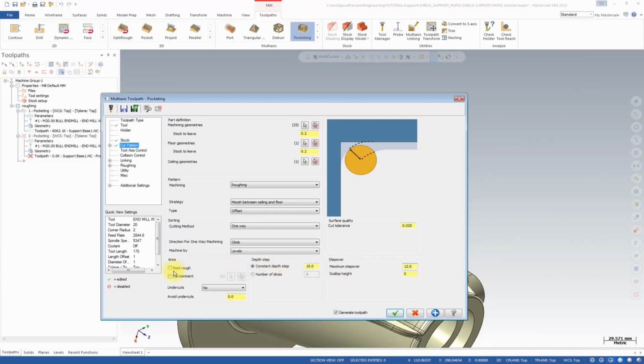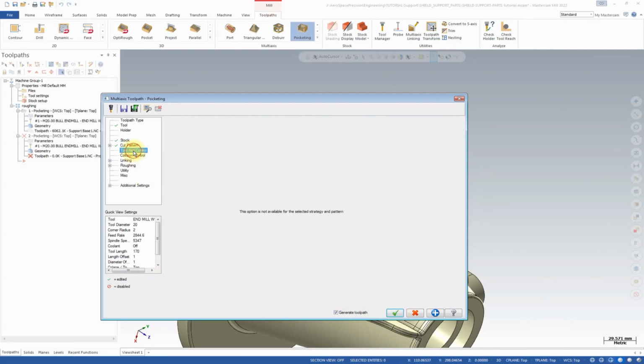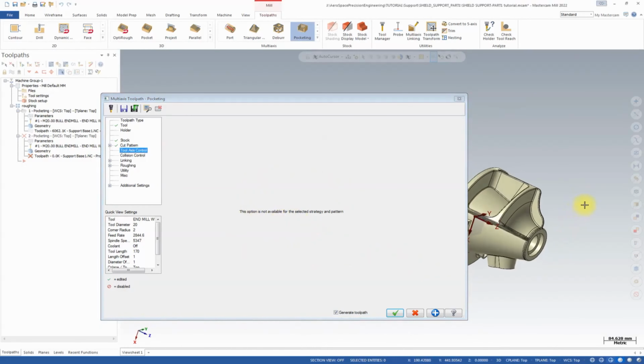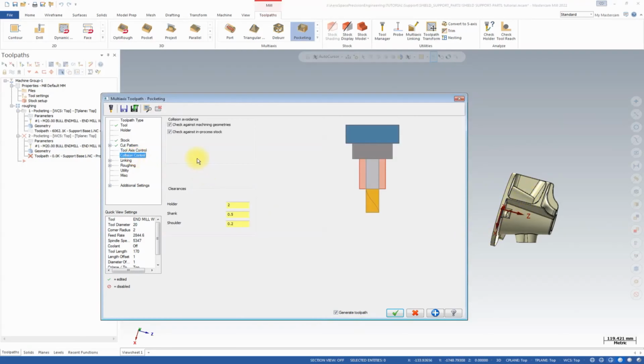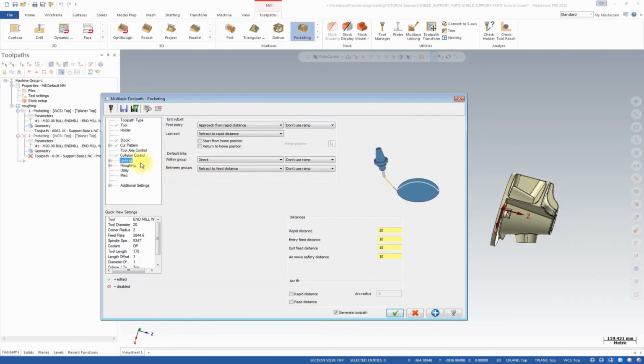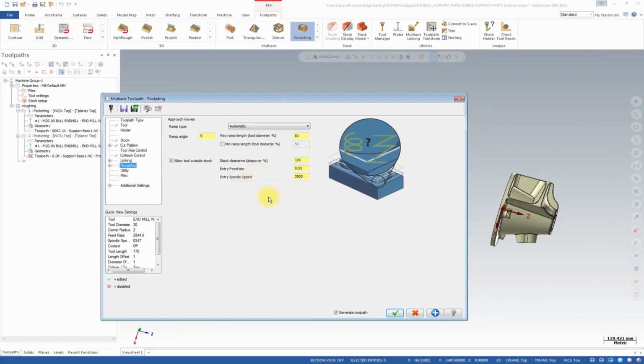Okay, I'm going to the rest of any containment, no need for containment. Then tool axis control, nothing. You can see the pocket of the surface, the shelling surface and the floor surface. Collision control in this area, and the default settings for the lead in, lead out, and roughing page going to remove stock from outside of the stock. We will allow the outside of the stock,